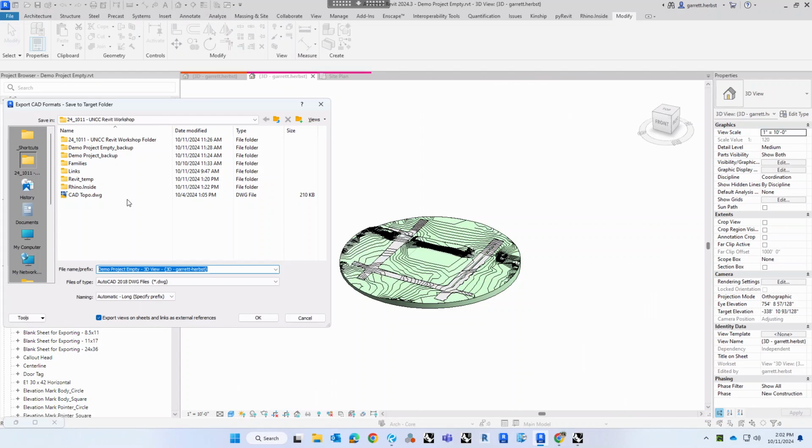And I also hate that Revit likes to name my files, so I will just rename it. There we go. All right, and then this is just the Rhino base. You can literally just open the AutoCAD file directly into the environment, or you of course can import it into the Rhino project that you already have. So all you've got to do is open,